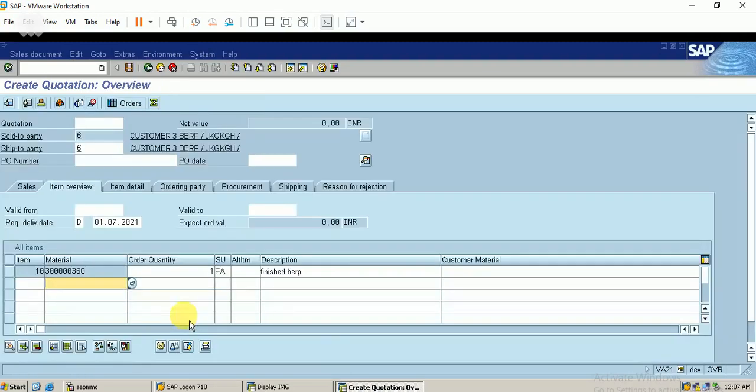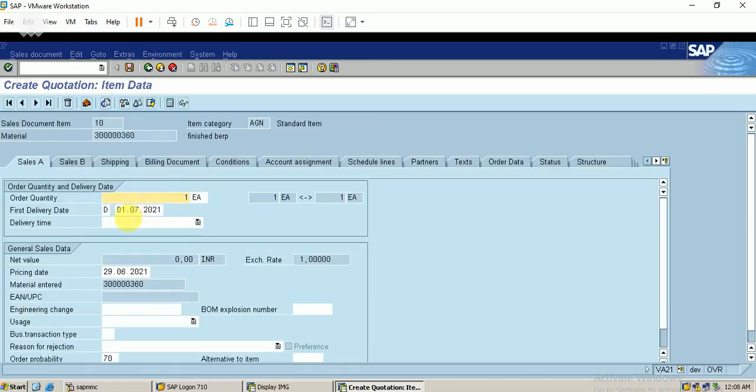So already we have configured. So the information provided in the inquiry will be copied to the quotation. You can see here the material number along with the quantity. But additionally, we need to maintain the information of the price of the material and the validity period. So all this information needs to be provided here. I just go with the incompletion log so that I can finish it quickly.